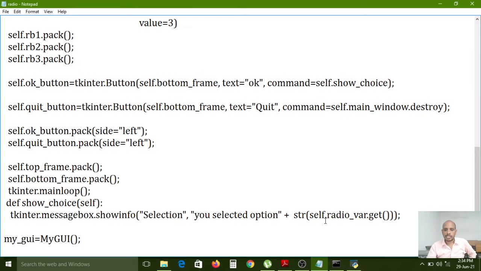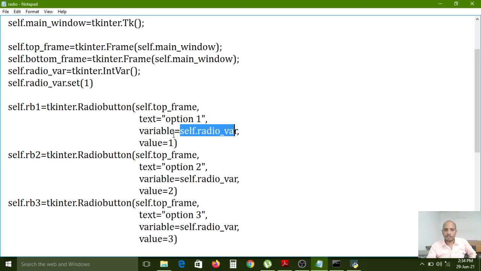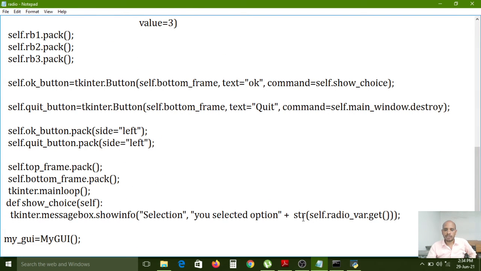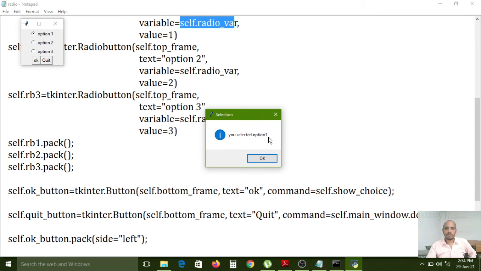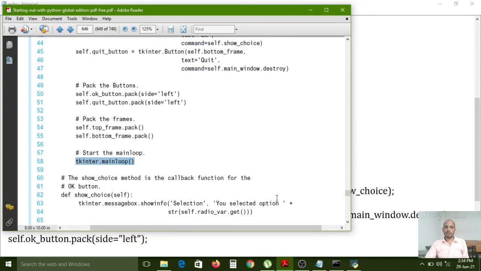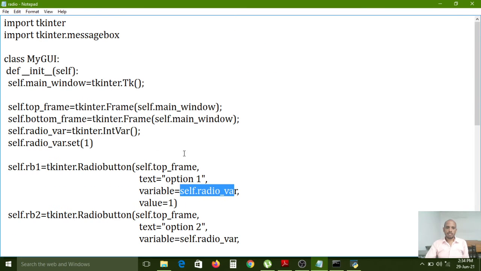That's why we have passed the self.radio_var.get method. If you call this method along with this variable name, whichever value it has configured, the value 1, that value will be collected by the get method. After that it will be converted by the string method, so only then is it printed in string format. If you want to print anything, first we compulsorily have to use the string format. So for that we have created the IntVar object, right? IntVar is what we can use here.